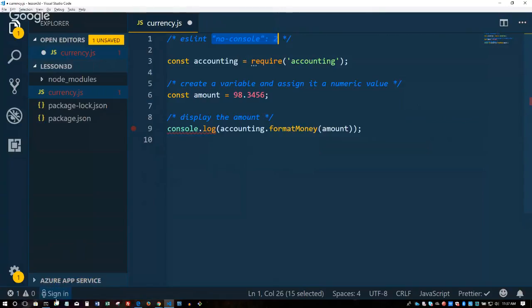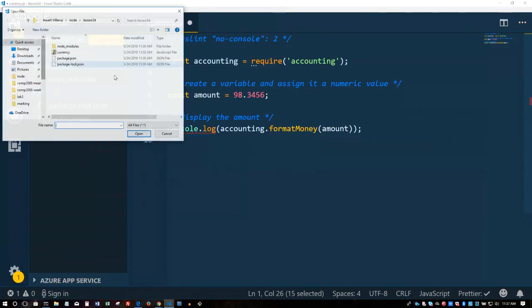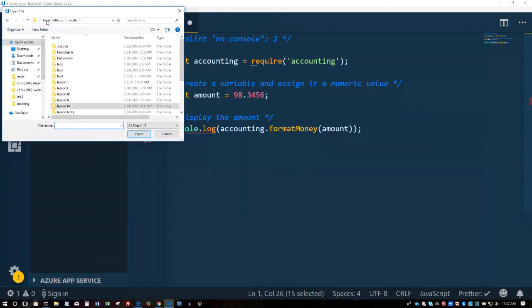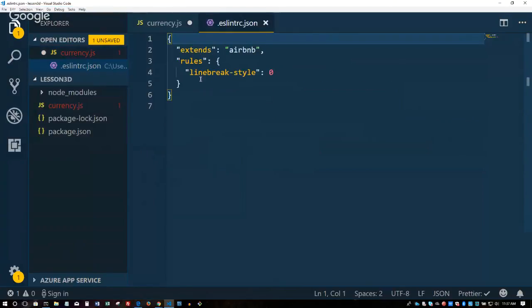Now in my case, I think I had it under Node. For me, I had it here, ESLint. So it totally depends where you installed ESLint the first time, whether you installed it globally or locally.